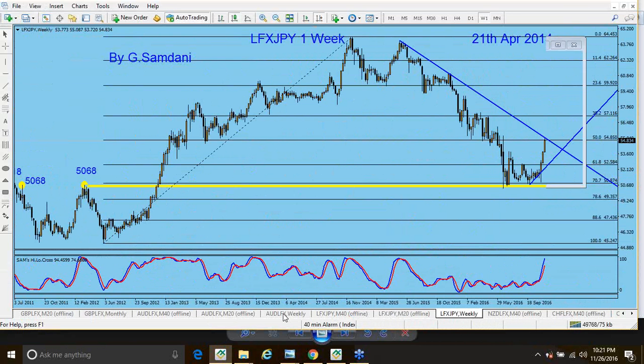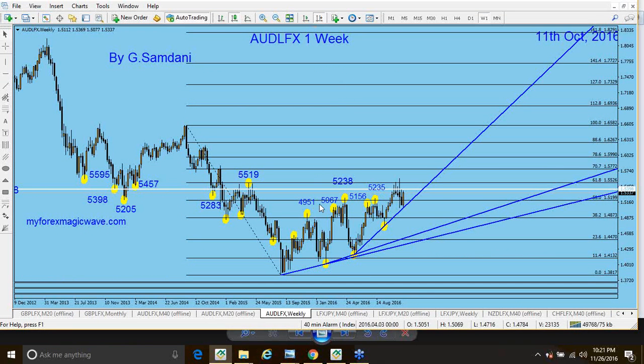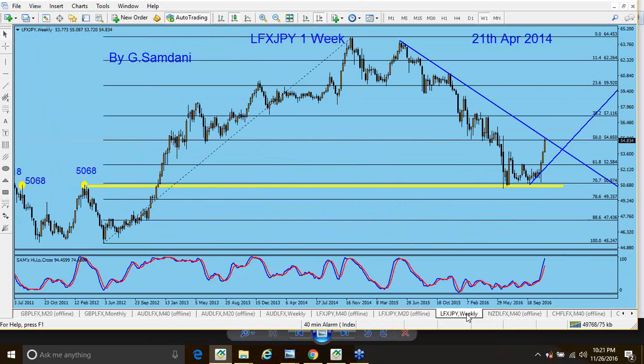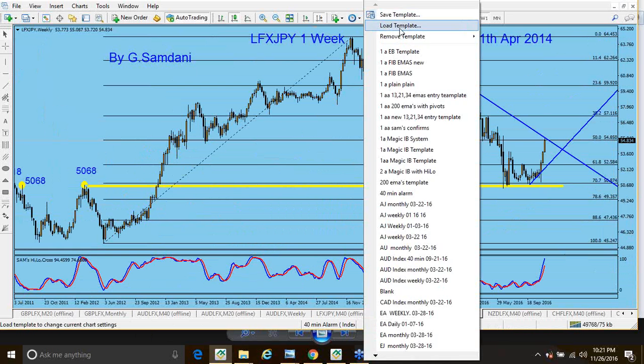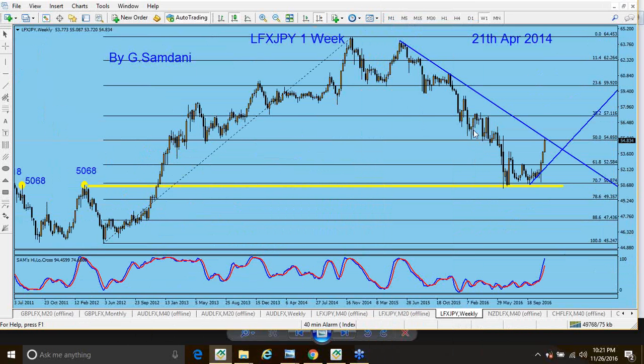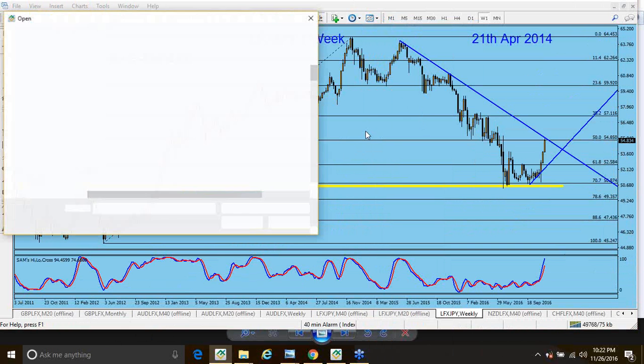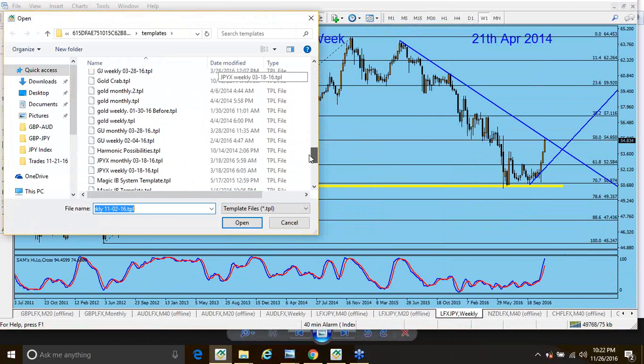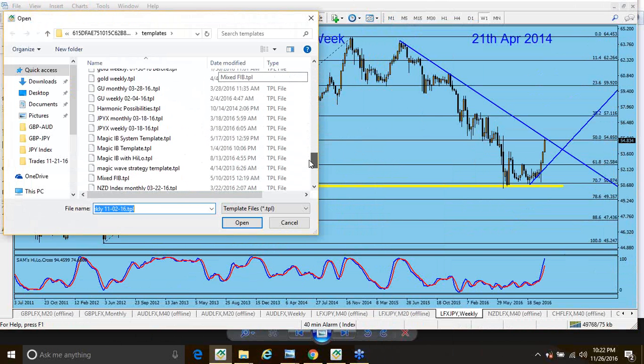Let me show you the Aussie, so you will see the picture. See, this is how the Aussie weekly chart looks like, all the highs and lows. And this is the pound index monthly chart. I also have a weekly index chart with all the highs and lows, probably here somewhere. Let me show it to you real quick. I'll put it on. What happened? Oh man, this stupid virus in my computer. Okay, so the yen index, for example, if I go and see,